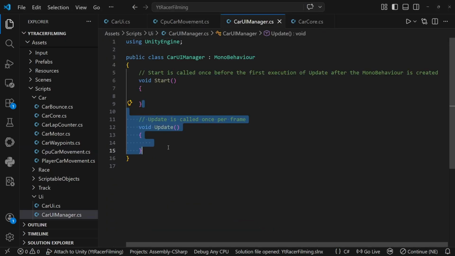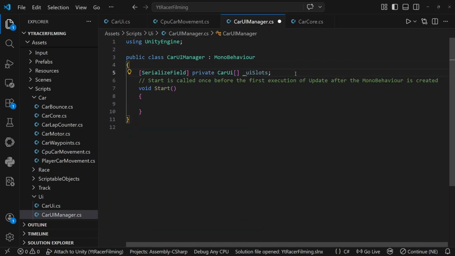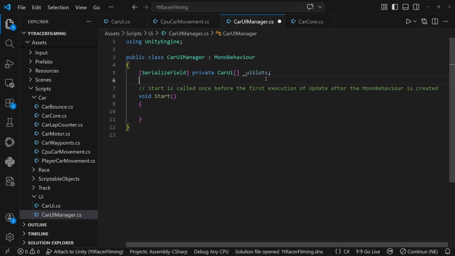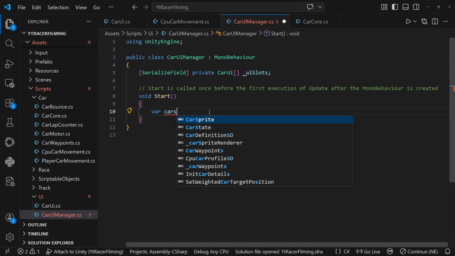Inside here, then we can get rid of the Update. We don't need it. And what we'll do is we'll serialize an array of CarUIs, which are going to be slots that we'll use inside the inspector. And what we want to do is find all of the car cores that we have in the game. There should be up to 4 of them. So we'll say var cars, and that's going to be equal to